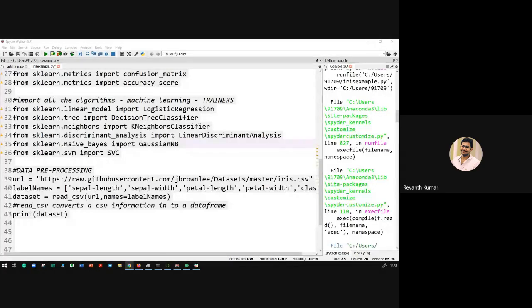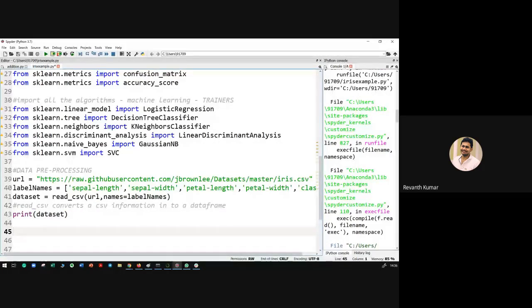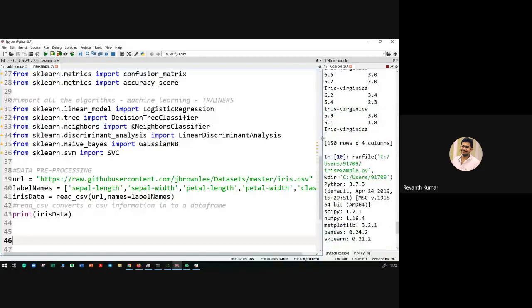All right. So now this is the data set. Don't get confused. You can call it a data set or just call it data also. This is just a variable. There is a reason why I'm changing it. You can put it like iris data also. The reason I'm changing this variable name is because you may get confused. So if I run it,